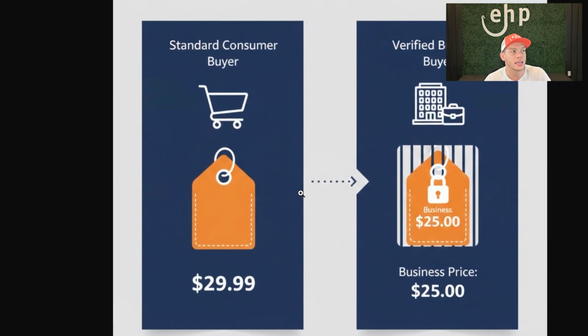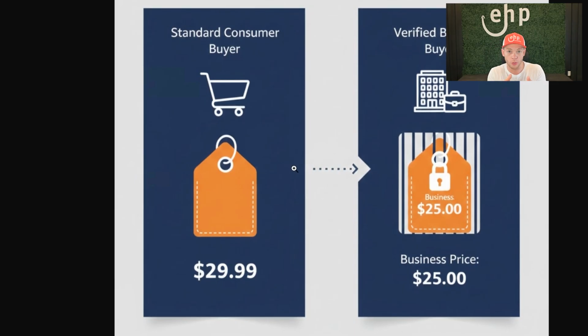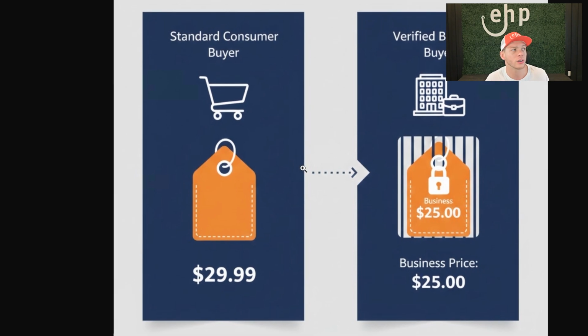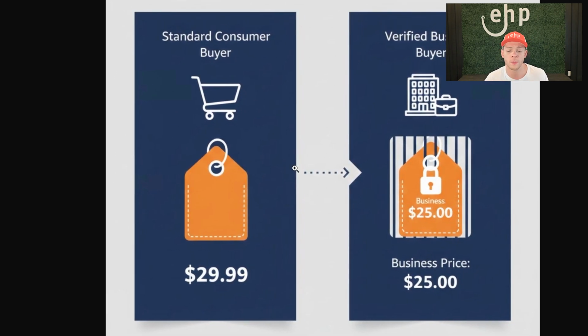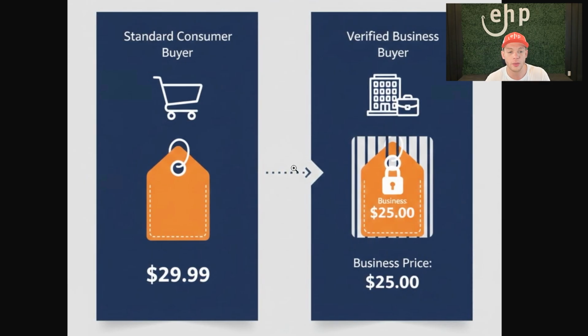And the biggest thing is when there is a business buyer on Amazon and they're on their phone or on their desktop and they're ordering, they're going to see a different price than a regular customer. Their experience is a bit different. It's more geared to business buyers, to bulk items, to bulk discounts, right? Compared to the regular consumer. So you want to give these business buyers a bit more of a discount so that way they're more likely